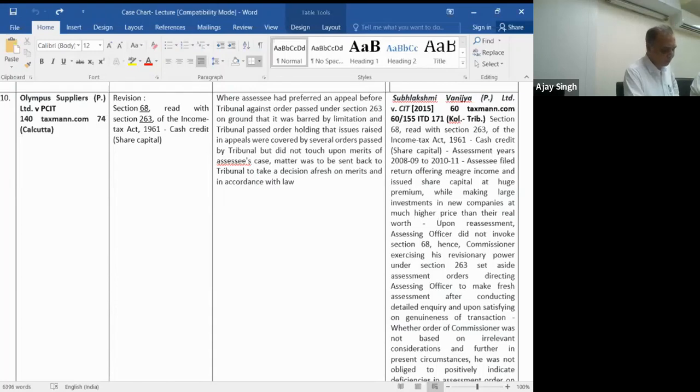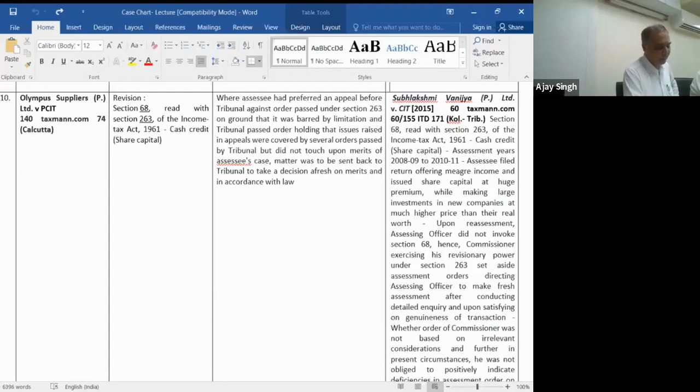These particular grounds were not dealt with by the Commissioner. When the matter reached the High Court by way of a challenge by the assessee before the Calcutta High Court, the Calcutta High Court said that the issue involved in this particular issue was not decided on merits by